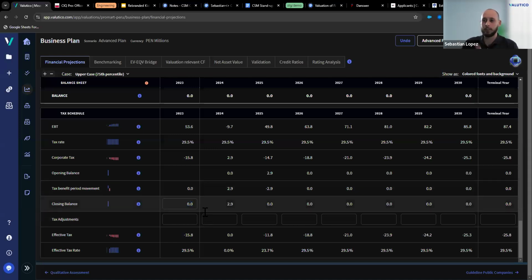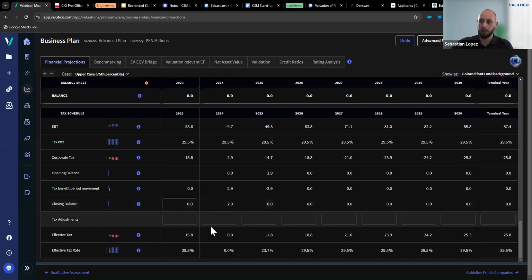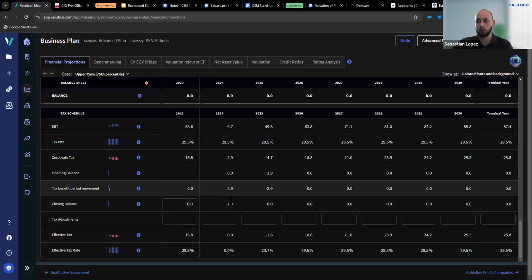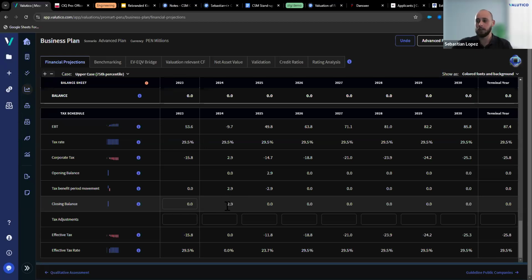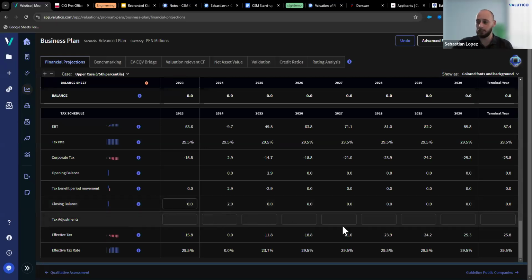different jurisdictions treat the tax carryover for losses differently. Maybe you can only carry over a certain amount of your taxes. Maybe you can carry over your taxes for a certain number of years. As setting those things up specifically for each jurisdiction will require a lot of effort, and it will make a very complex tool, we have added a tax adjustments line. So if you want to reduce your closing balance of taxes, or you want to